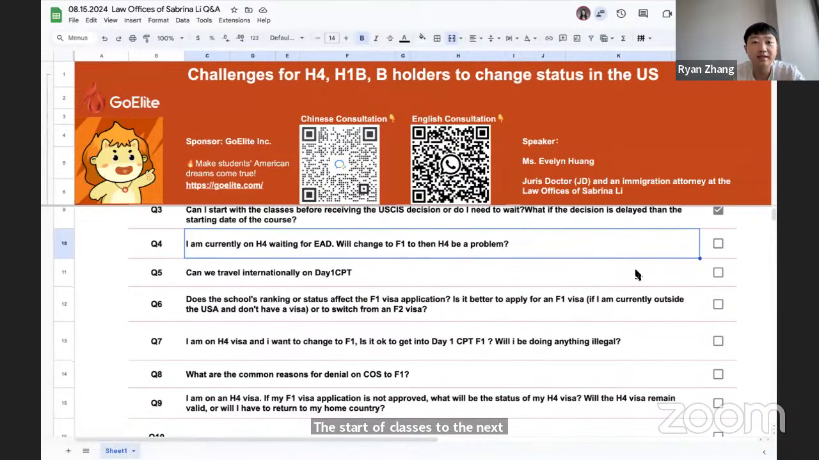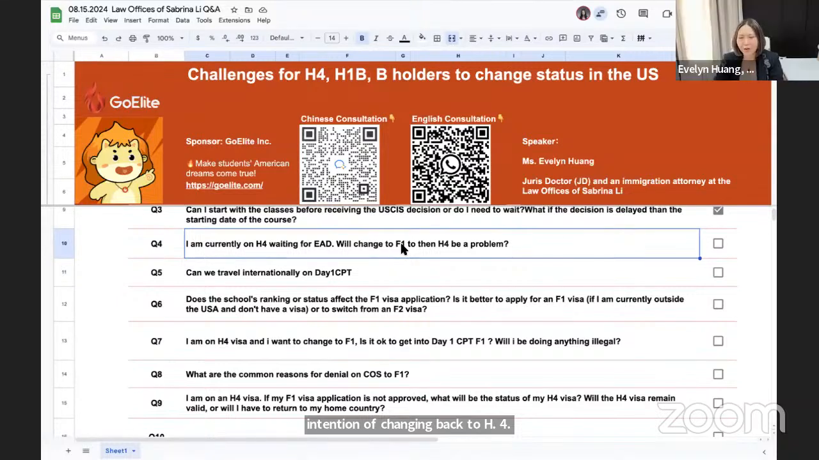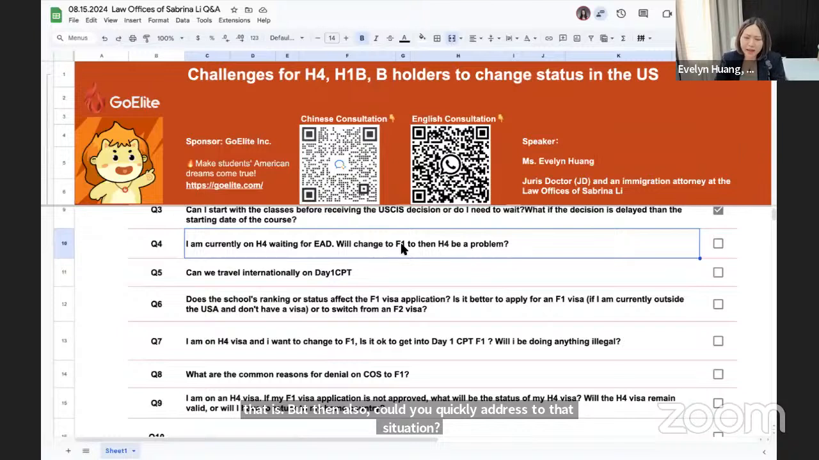And let's move on to the next question. So I'm currently on H4, waiting for my EAD. Will changing to F1 and then back to H4 be a problem? I don't know your intention of changing back to H4, what that is, but could you quickly address that situation? Yeah, I would say this one really depends on